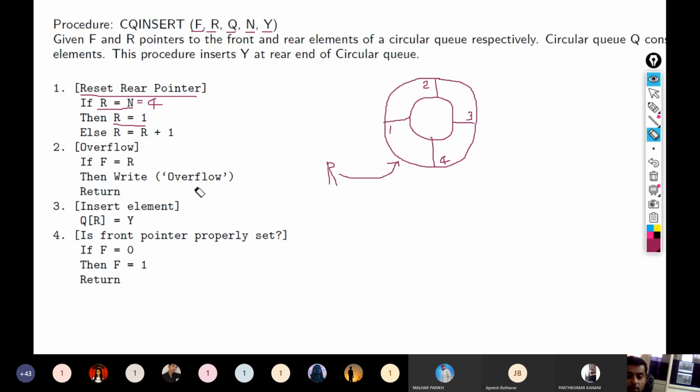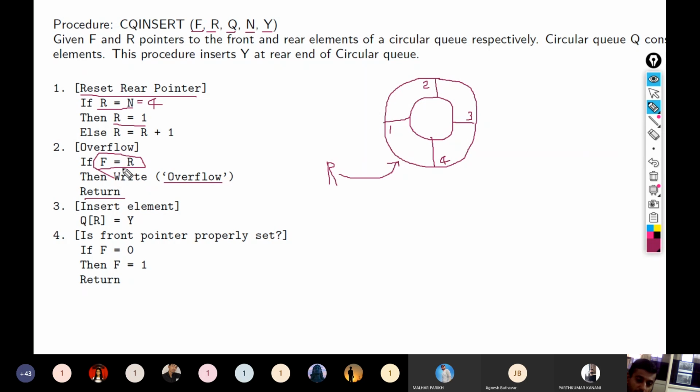In the circular queue, after updating the rear pointer, if you get that the front and rear pointers have the same value, that means your queue has no room where you can add the element. Then you can write overflow and you can return from the algorithm, right?